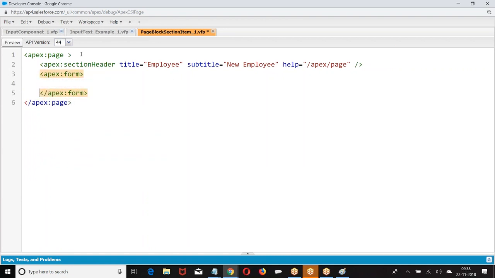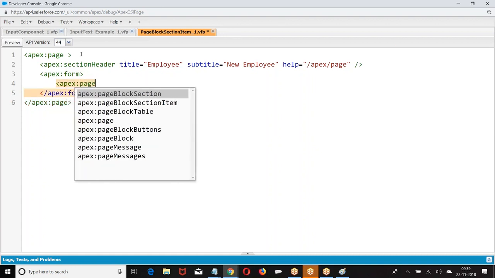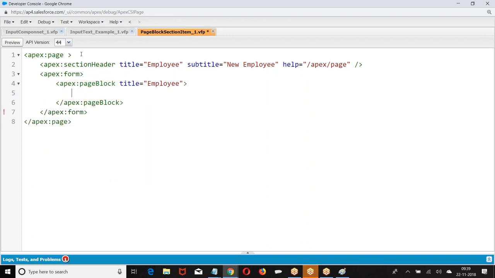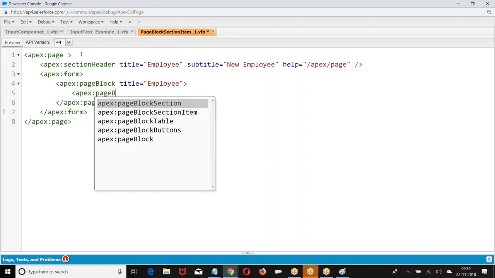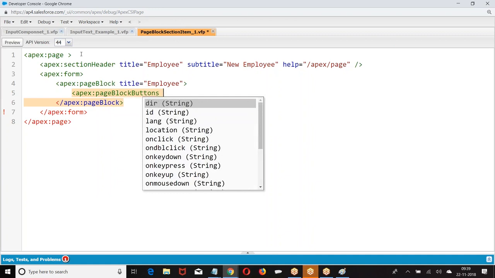Apex form. Now, Apex form, listen. Page block. Then page block buttons.